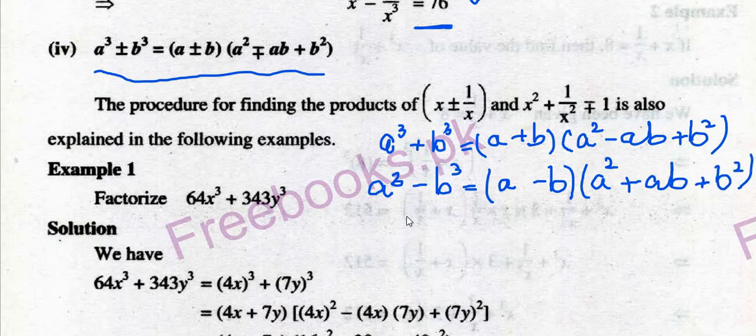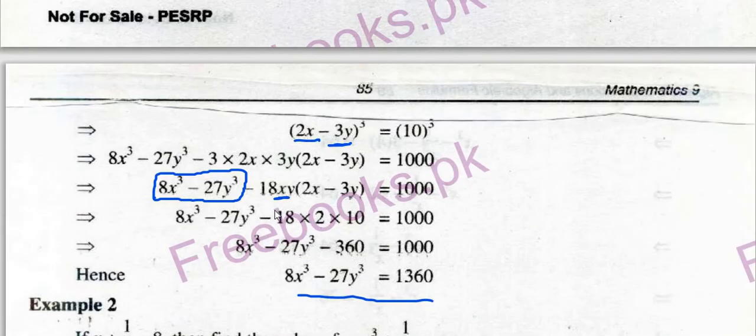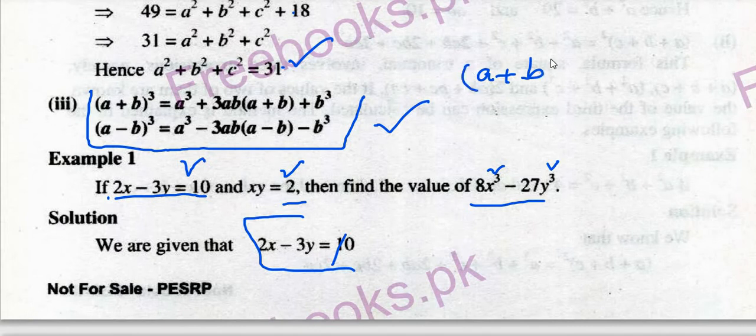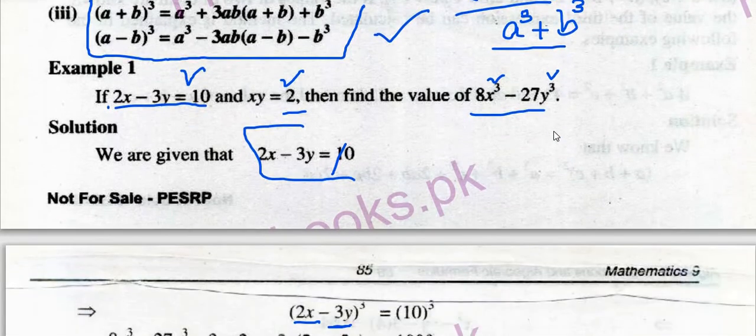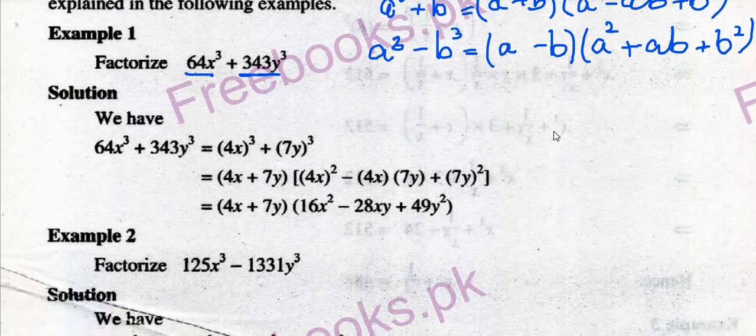In the same way, how to factorize this? Do not confuse these two formulas with the previous ones. The previous ones are the whole cube, okay? See, these are the whole cube, (a plus b) whole cube, which we discussed earlier. Those are a cube plus b cube, which we are going to discuss now in the next examples. There is a big difference between these two. Okay, do not mix them. Okay, how to factorize this?